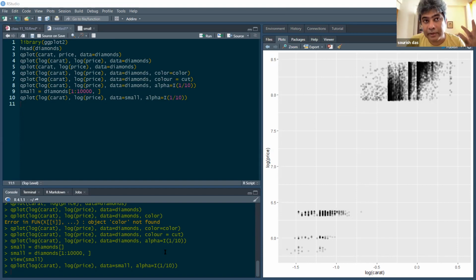You understand what I'm saying? Because we ad hocly have taken the first 10,000, that is not representative. You won't get the data from the first 10,000. It's a biased part of the data. It's becoming biased.